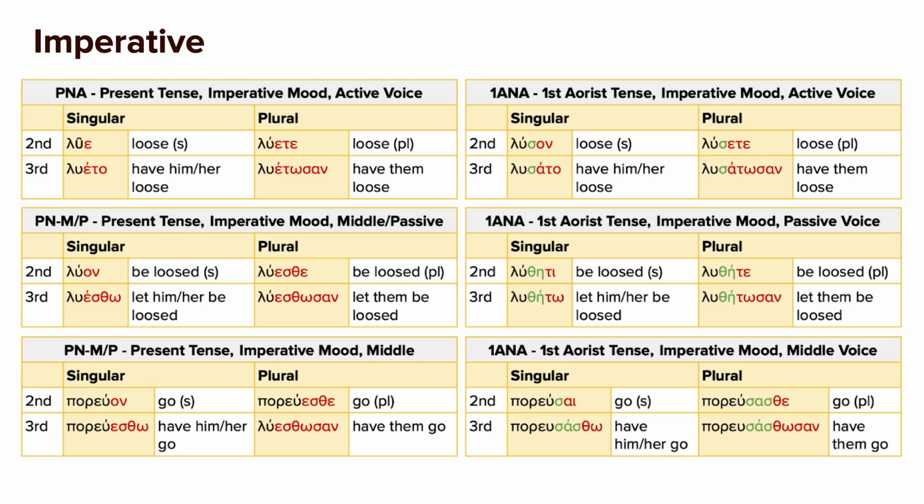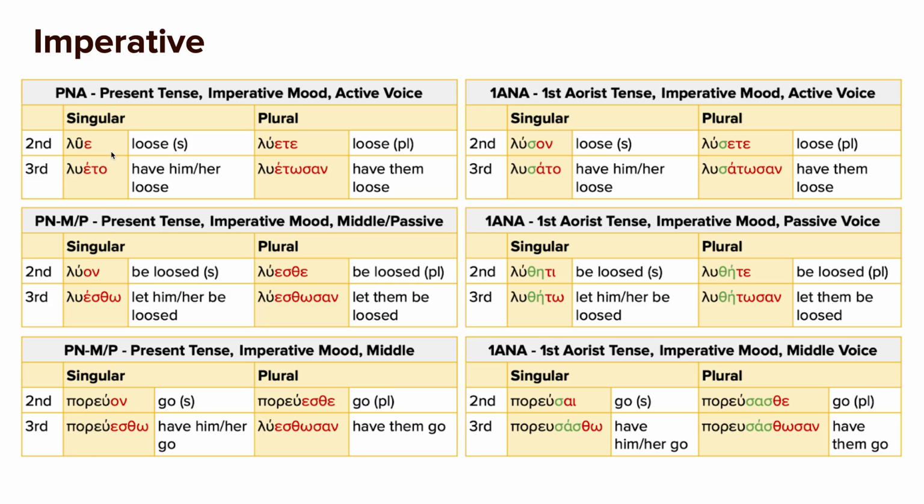All right, and our imperative. Cool thing about imperative, I always try to emphasize the benefits. We don't have a first person imperative, so it's a little easier. But we have our present tense. This should be an M, so I apologize. That's not an infinitive. It should be PMA, AMA, PMMP. All right, so let's go ahead and just read these. Don't worry about remembering them, but you'll see some commonalities here.